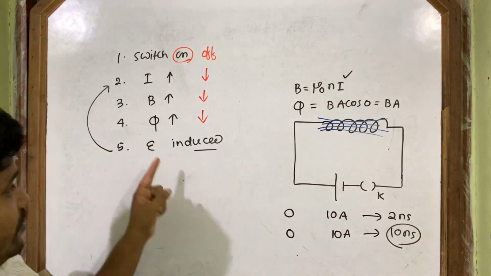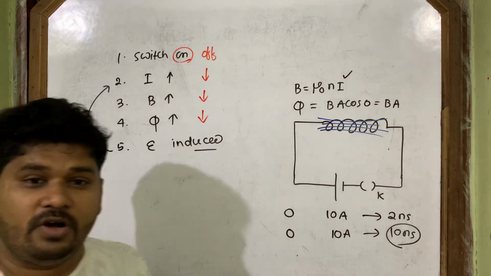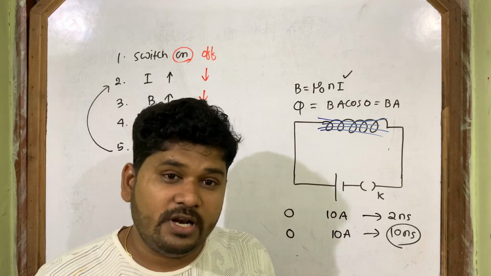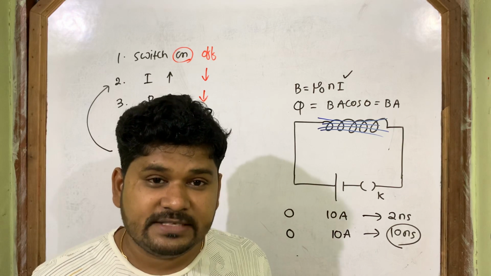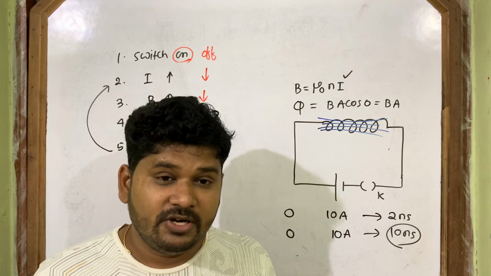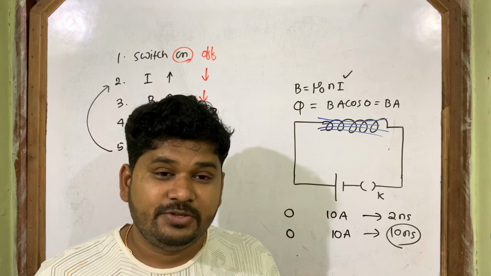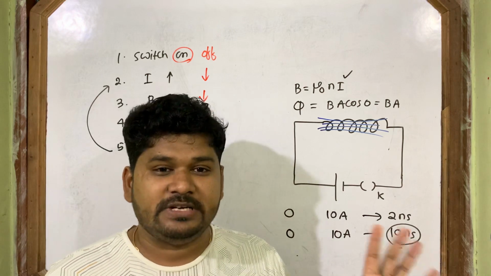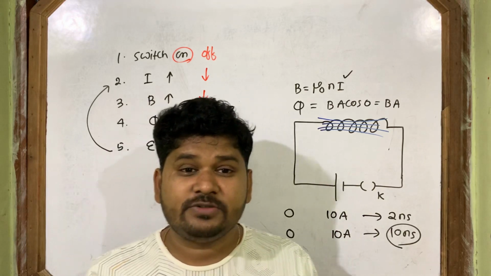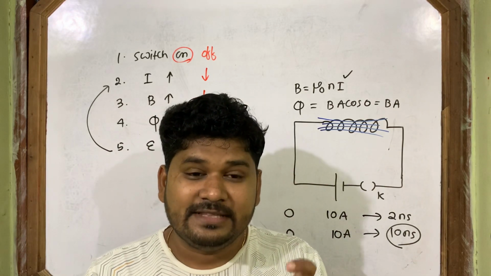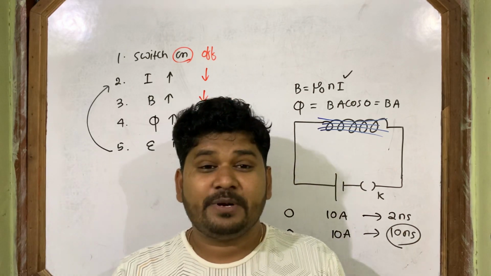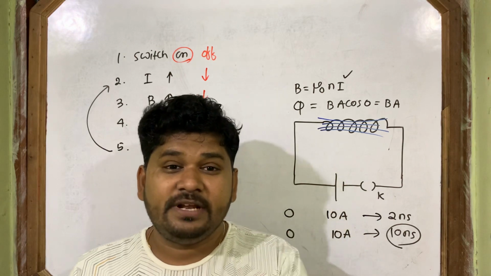So now, when current increases, the coil opposes. When current decreases, the coil also opposes. So that means the coil doesn't want to change the current which passes through it. This is the property of every coil, and the property is called as